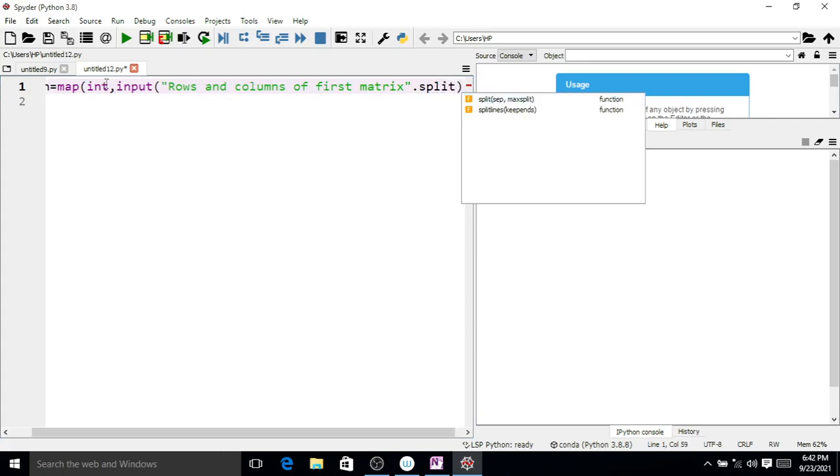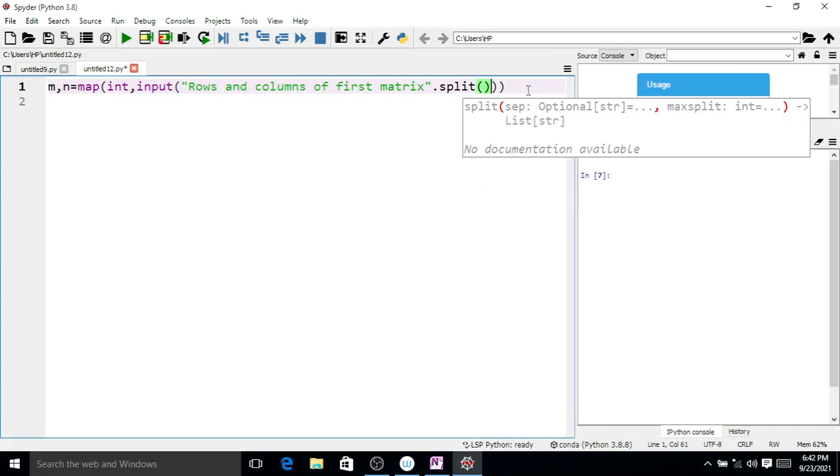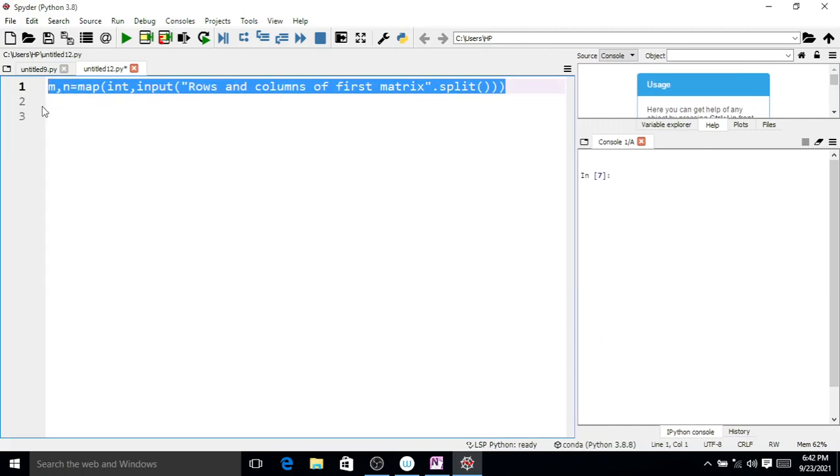So by using this function you can assign the first value to m and the second value to n. Next, similarly for the second matrix we use the variables p and q.